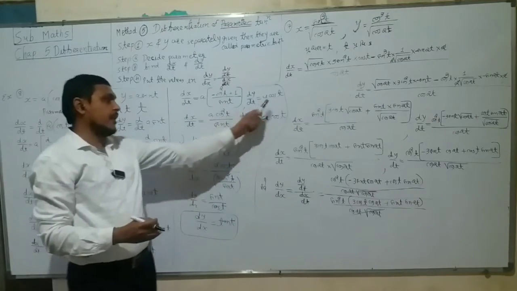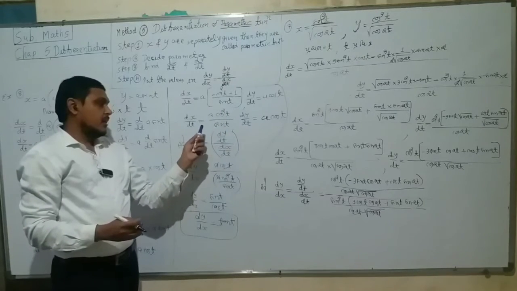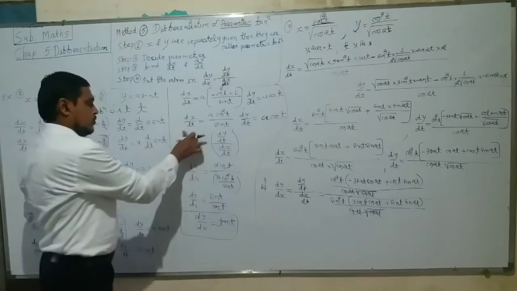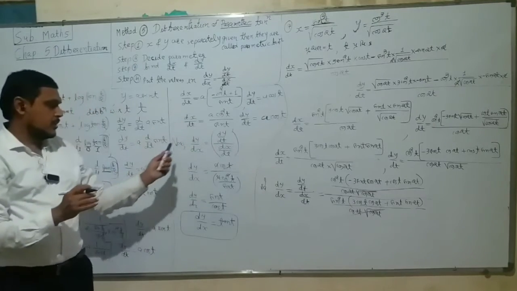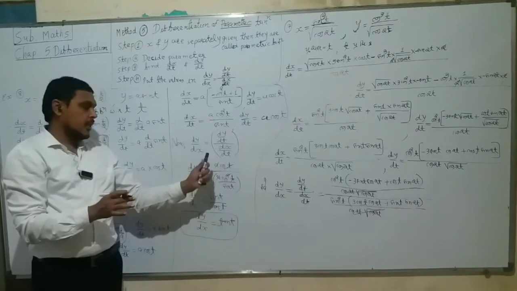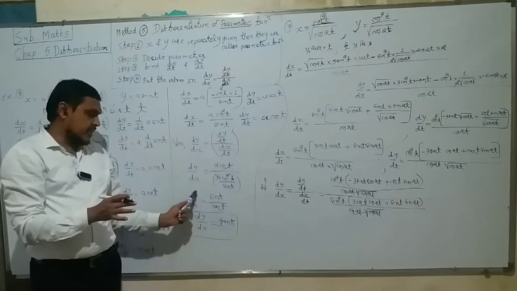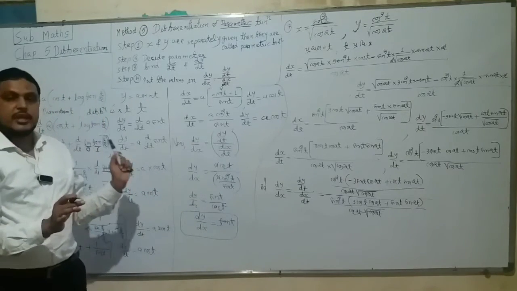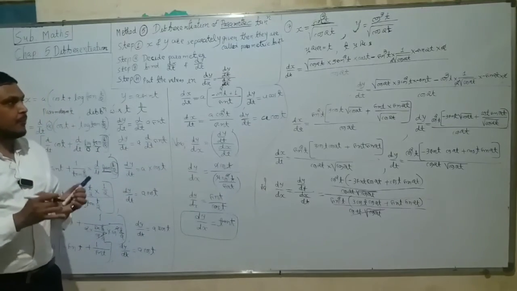dy by dt is equal to a cos t. 1 minus sin square t is equal to cos square t. Now we get dx by dt and dy by dt in simplified form. Now put the values. First of all we write the formula dy by dx is equal to dy by dt upon dx by dt, and putting the values we get dy by dx is equal to tan t. So in this way you can do the differentiation of all the given parametric functions in exercise 5.6.